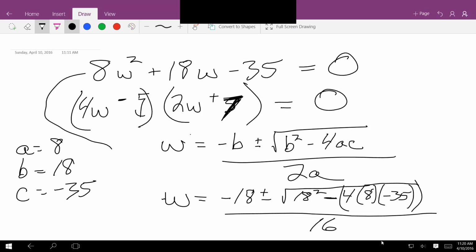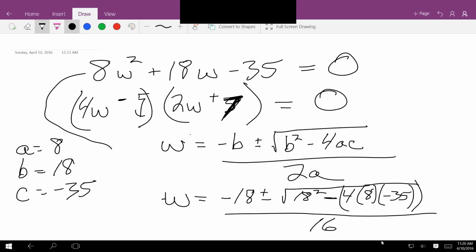I wouldn't even attempt to put this into my calculator like this. Although, what calculator do you have? The TI 84, I think. Okay. With that calculator, I would never attempt to do this in one function. Just because it's so easy to get it wrong, and they don't give you feedback. They don't tell you what you put in. If you had a TI Inspire, maybe I'd try to put it in because it will tell you exactly what you put in. But if I have to solve this problem, the very first thing I'm doing is multiplying 4 times